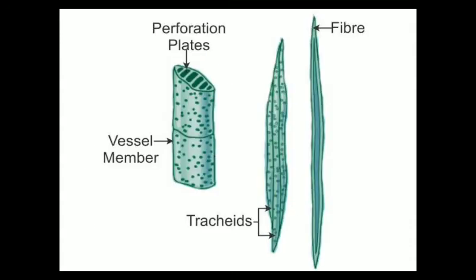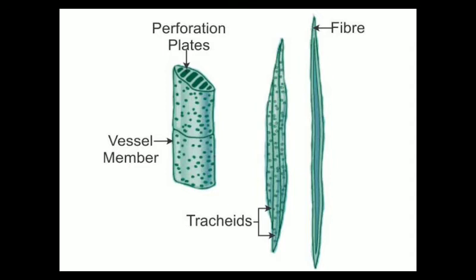In this diagram you can see the diagram of tracheids and the diagram of vessel. First we will focus upon the tracheids. This is the tracheid, and it is a long tubular structure having tapering ends. Tapering ends means pointed ends. This is how we can identify between the tracheids and the vessels. The end wall of the vessel is not pointed, it is simple and round. But in case of tracheids, the end wall is tapering or pointed.